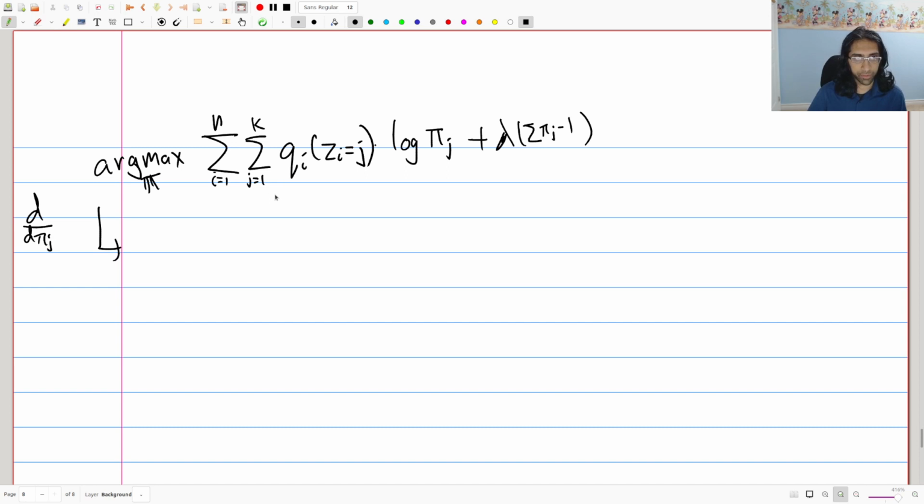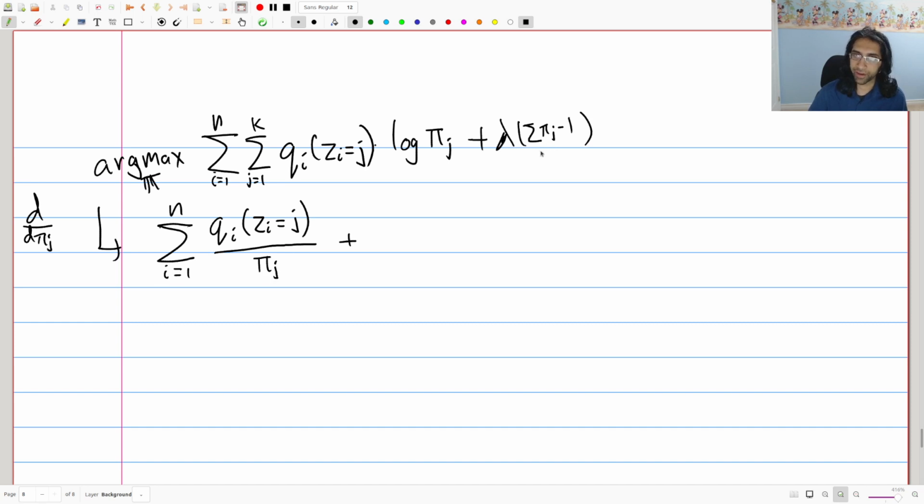Well, if we differentiate with respect to pi j, then a bunch of these things will disappear. The summation will disappear because we're only looking at term j. So we'll have qi of zi equals j, and then, since we take the log, divided by pi j, and then we have plus